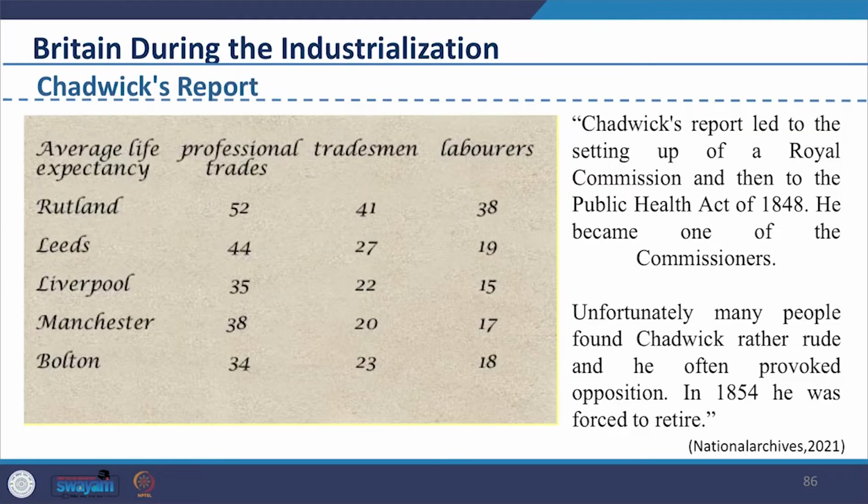He had surveyed different areas around the country and calculated the average life expectancy of people from different classes and areas. The results were astonishing. Chadwick claimed that people living in the countryside lived far longer than people in towns. He compared Rutland, a rural county with no large towns, with the new industrial cities of the north. In the image you can see how, as per the profession and city one lives in, how many years the person would on average live. You can see in Liverpool the average life of a laborer was 17 years, probably younger than you.